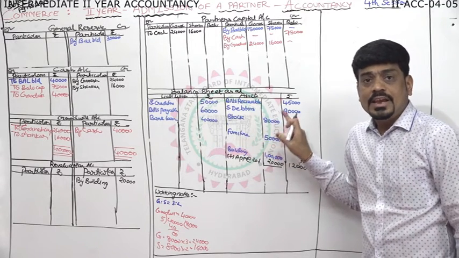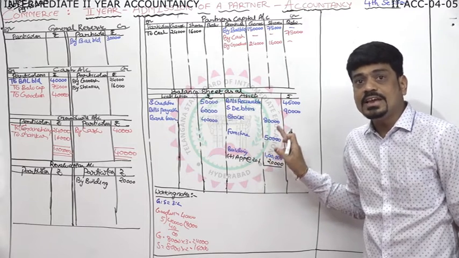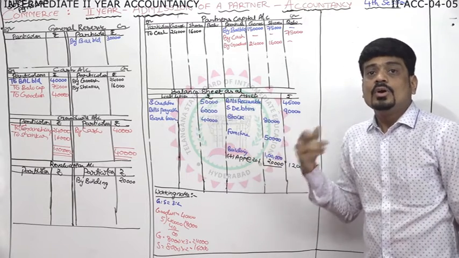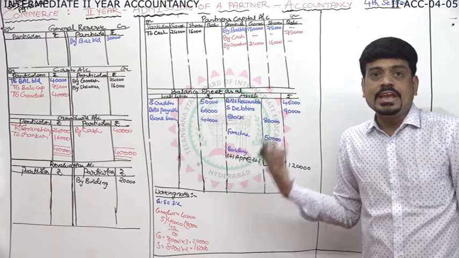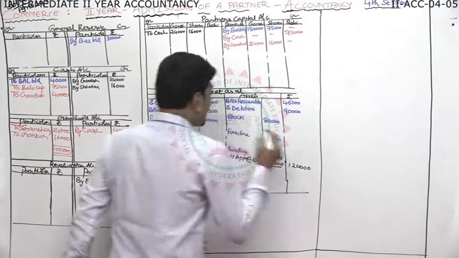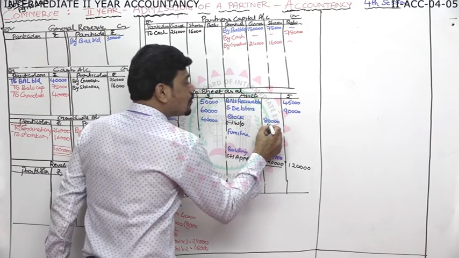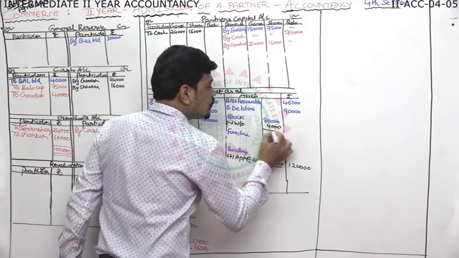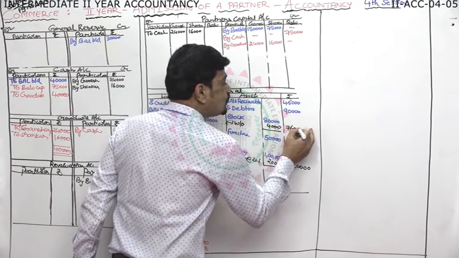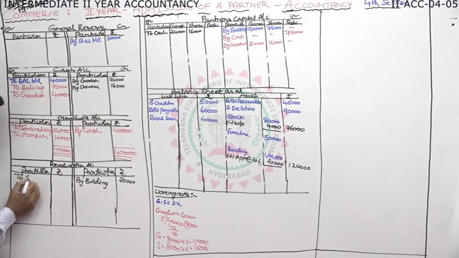80,000 into 5 by 100, if we cancel the zeros, 800 is left. Orally also, if you do the calculation, 8 5s are 40. In the sense, 4,000 is stock written off. So minus written off 4,000, so 76,000 is the answer. This will go to revaluation, debit side, to stock